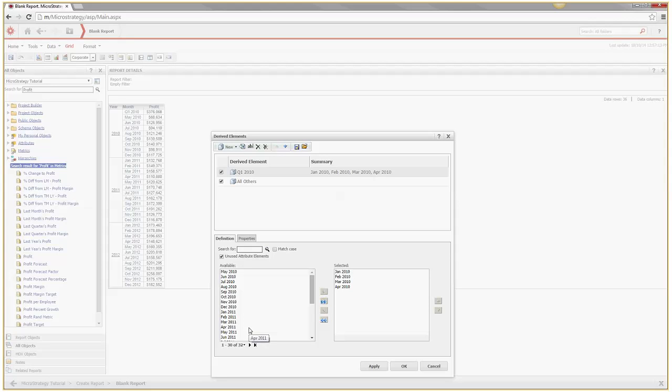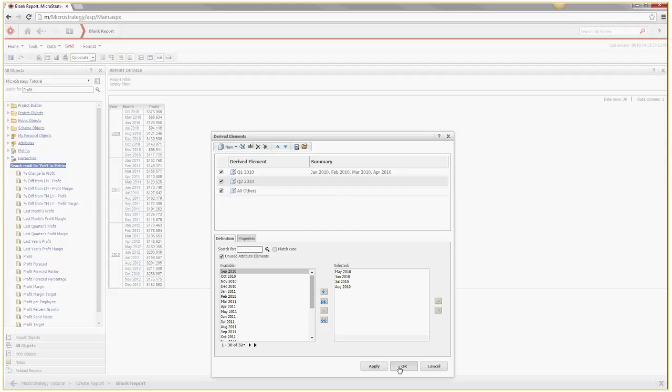Now let's go ahead and create a similar one for Q2. So click on New List. Let's call it Q2 2010. Let me take May to August for now. So Shift on my keyboard on the first one and on the last one, and OK.